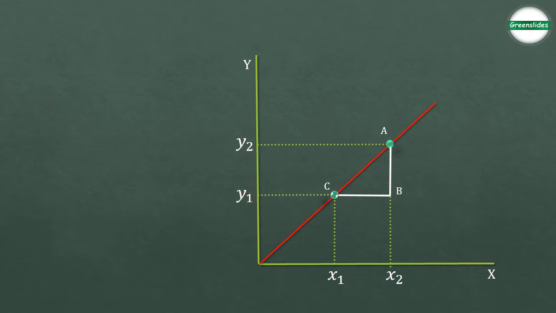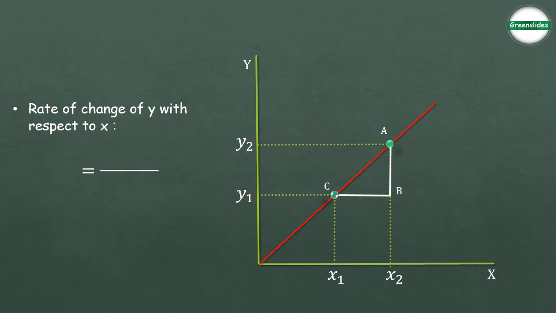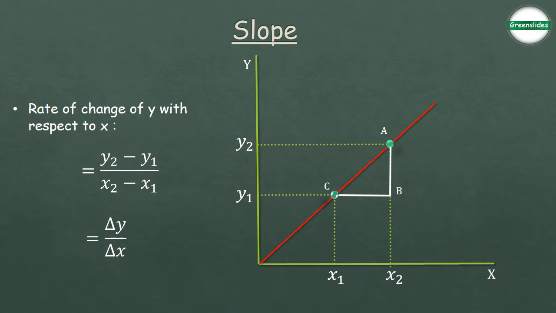Now, if someone is asking you, what is the rate of change of y with respect to x? Very simple to write. Change in y by change in x. Or symbolically we can write it as del y by del x. Del is actually the symbol we use to represent the difference. It's nothing big. We call this quantity as slope in mathematics. When we are dealing with graphs, we call this rate of change of something on y-axis with respect to something